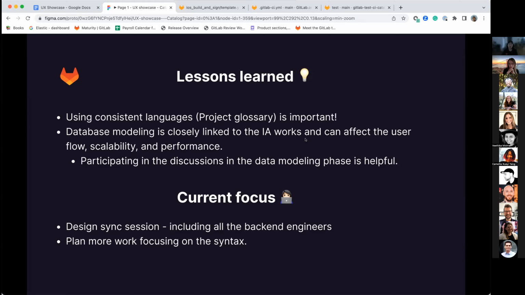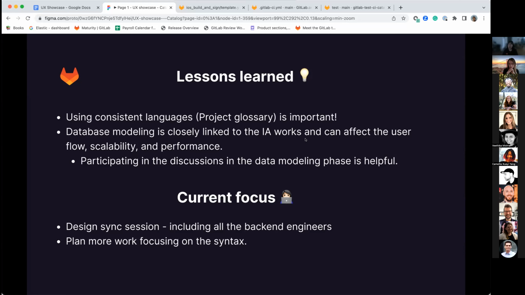The second point was that data modeling is really linked to my work, especially the information architecture work. It could potentially impact not just the user flow, but also the performance in later iterations. So I try to participate in all the technical discussions as far as I can,